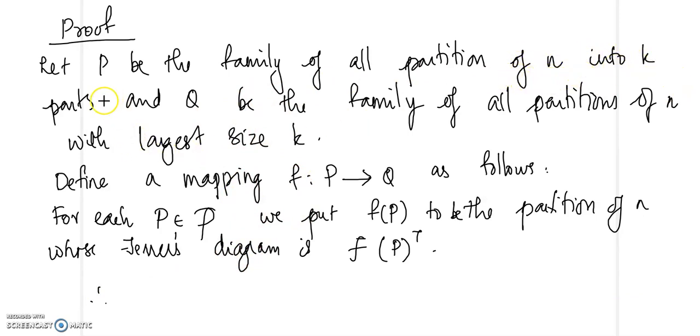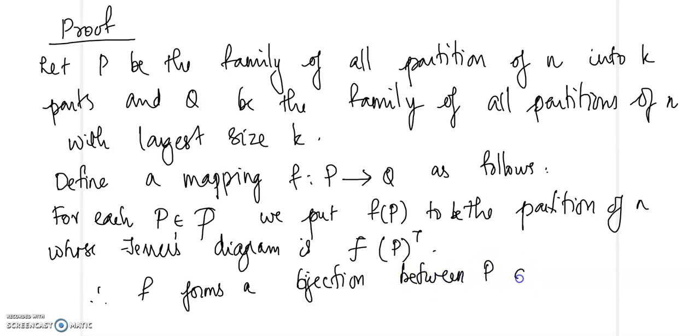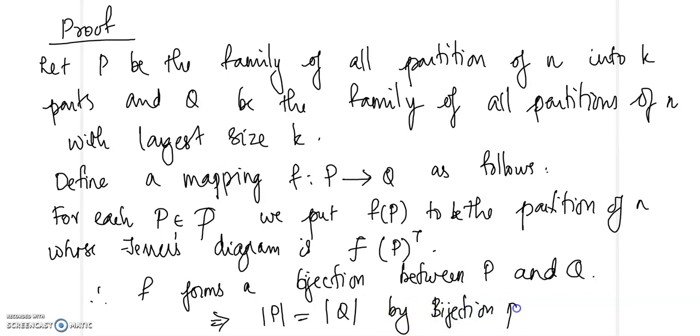Therefore we can obtain a bijection: if we take a partition of n into k parts, then corresponding to it, when we take the transpose, the largest size will be k. So F forms a bijection between P and Q. That implies the cardinality of P is equal to the cardinality of Q by the bijection principle. So hence you get the